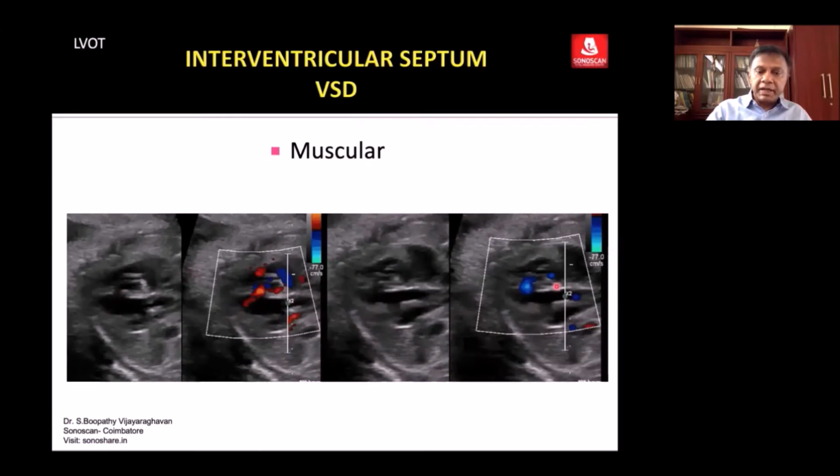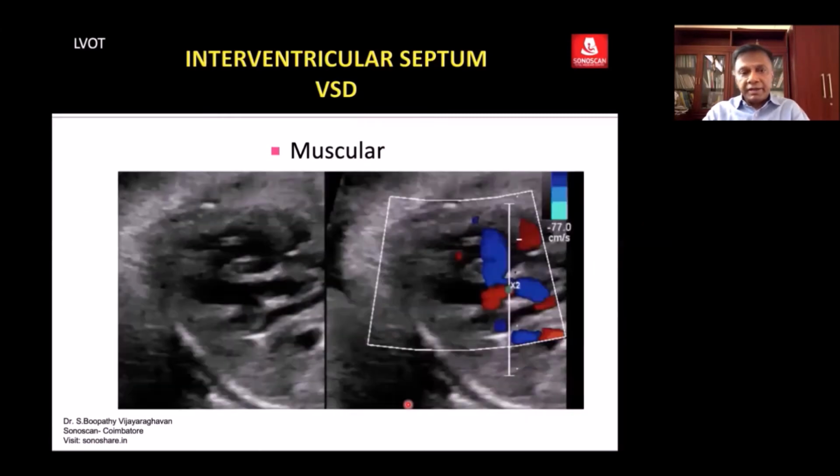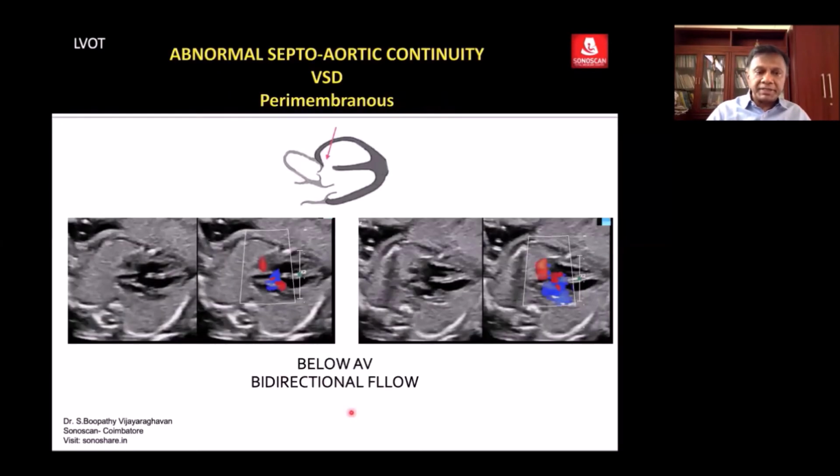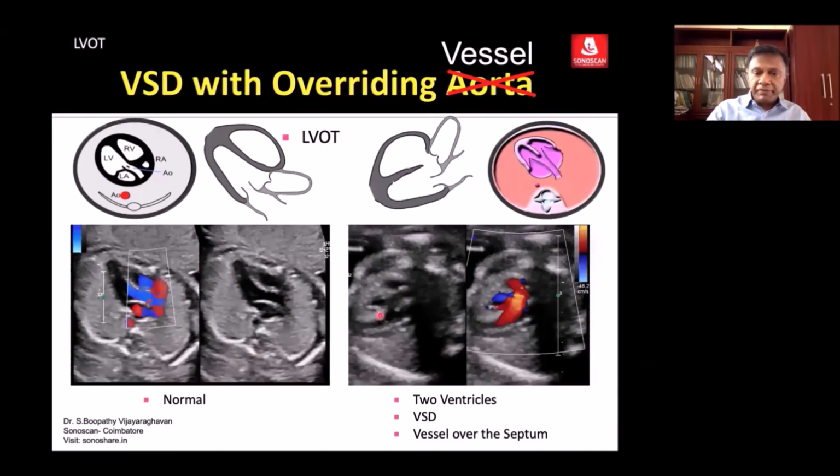So that is the bidirectional flow, and then you see that it is a malaligned perimembranous VSD. So here you see a perimembranous VSD without malalignment, but here you see a VSD with overriding aorta. But see, with an overriding aorta, we cannot straight away call it the aorta because it can be